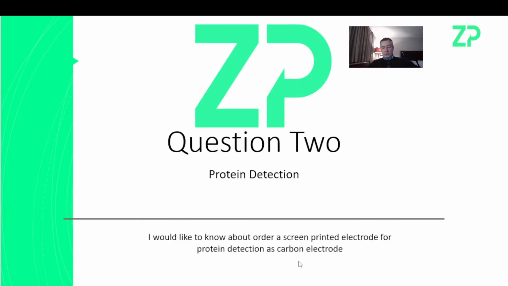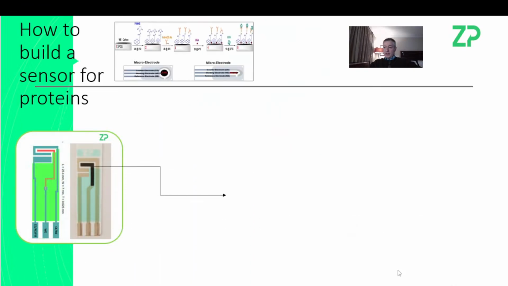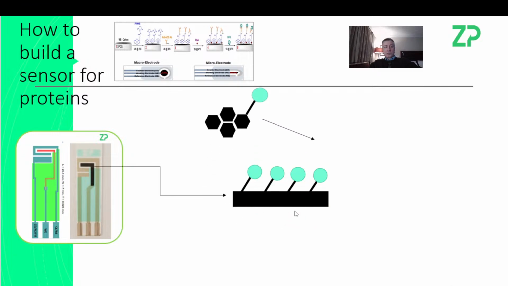Another question that came in this week was about protein detection. Somebody wants to detect proteins on a carbon electrode. I do put a link to this. This is our hypervalue carbon electrode. It can be functionalized with something called pyrene NHS. The pyrene is very good at pi bonding to the surface of the carbon of our electrode, and the NHS is a very active moiety that allows you then to bind antibodies to it, and you can block that surface